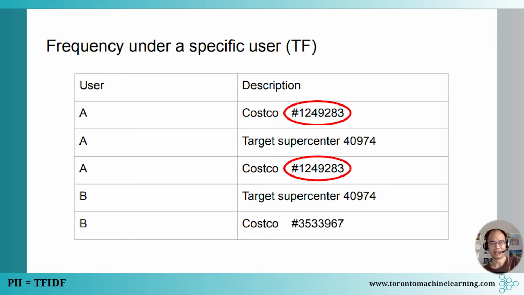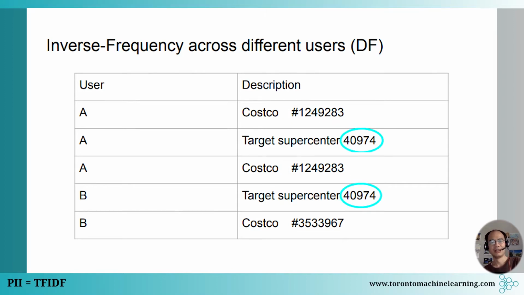So the next thing you check, oh, by the way, so this is the frequency you see, right? How frequently does it appear for the same person? It matters. And in a natural language context, it's usually called the text frequency. It's how often this word appears within the same text. That's why it's called TF. The second thing we check is, okay, how often does something repeat for different people, right? Whether this number appears multiple times on multiple people. In this case, you can see that, right?